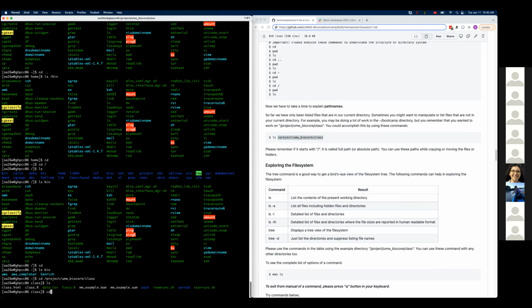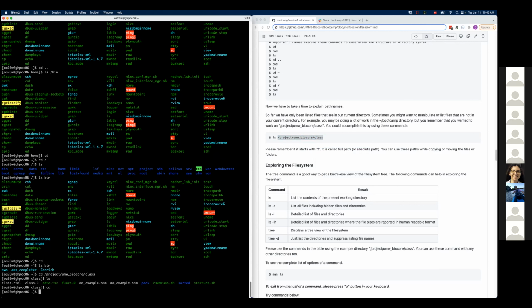But let's say I want to work on my home directory, but I want to look at this data file that's in this folder. Okay, so I don't want to go to that directory because I don't want to work there. So I want, for example, to save my output in my home directory for whatever reason.